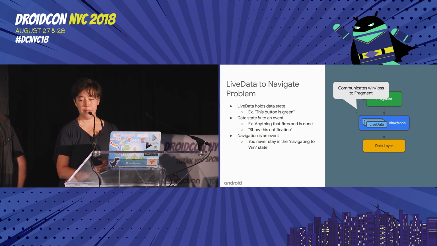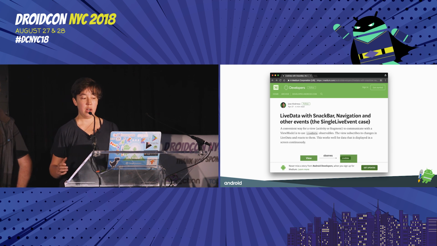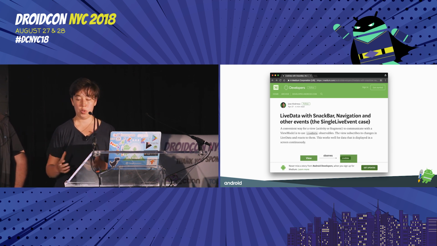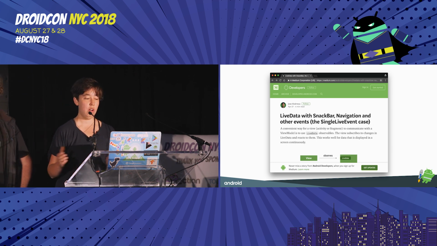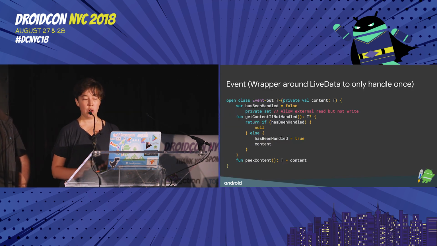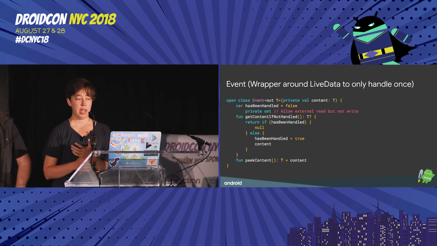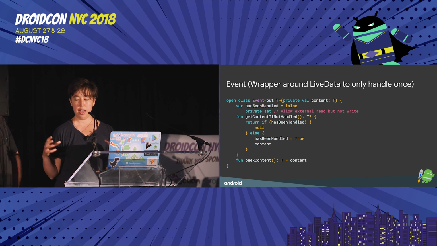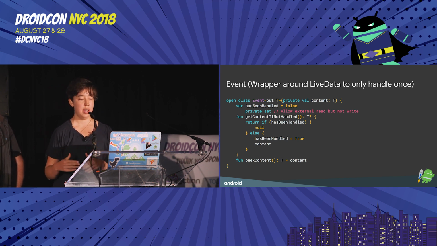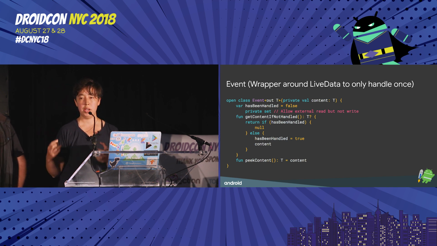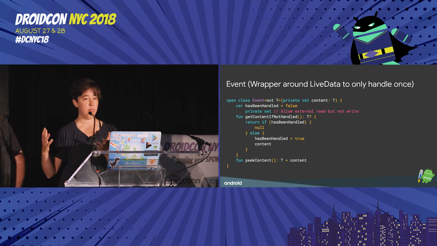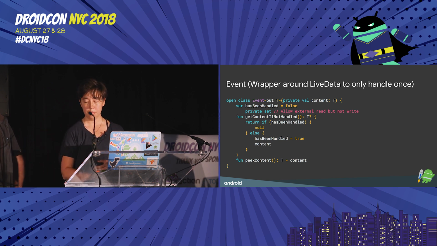and you don't want to be sending out continual navigate commands. So we have an engineer on our team that wrote an awesome blog post, which you should all read. It's only 4 minutes long, and it talks about how to handle cases like this. The TLDR version is that you can create an event wrapper class that wraps around data that is within your live data, and it ensures that the live data only triggers an event once. When you set live data, that action is only triggered once.